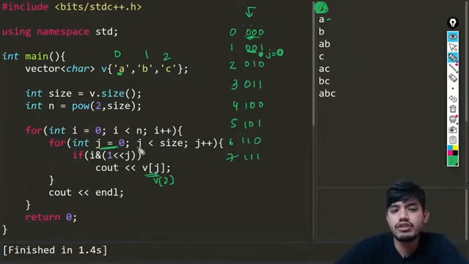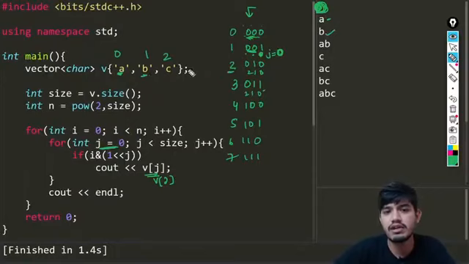Now again I'm going to run for j equals to 1. You can see for j equals to 1, j equals to 2, I'm not getting any set bit. Then I'm going to run for 2, starting from 0, 1, 2. You can see for 0 I'm not getting any match, for 1 I'm getting a match. Basically the first bit is set, so I'm going to print the first, so I'll get B. Then for the next, which is this one, 0, 1, 2: 0 is set, 1 is set, so I'm going to print AB. Then again the same thing, 0, 1, 2, only 2 is set, so for 2 I'll get C.